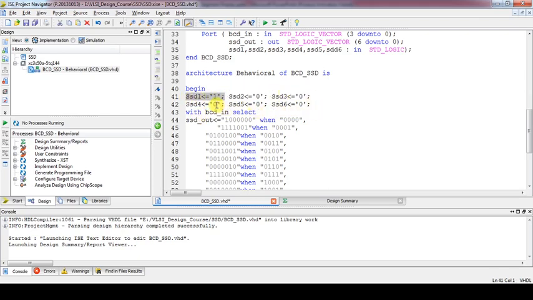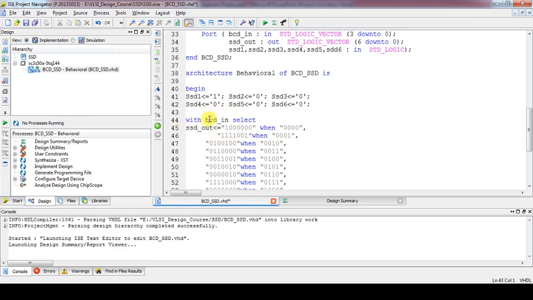That means this is a common anode 7-segment display, and we are connecting all anodes to logic 1. So to turn on the remaining segments, we have to force logic 0. Okay, so this completes our first controlling input.